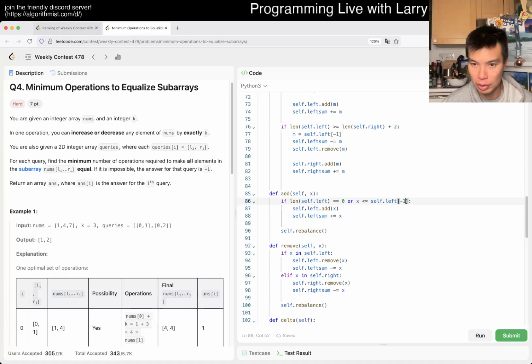Or maybe just the smallest number on the right side, because then we can just rebalance, right? Otherwise, then